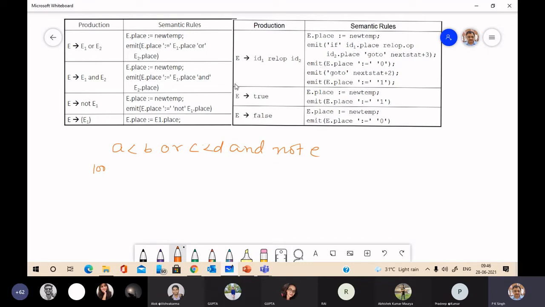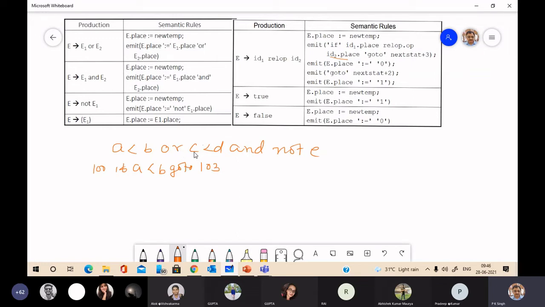If ID1 place, where ID1 place is A, relational operator is less than ID2 place. ID2 place is B. And then it will write go to next state plus 3. Next state is 100 plus 3 means 103.